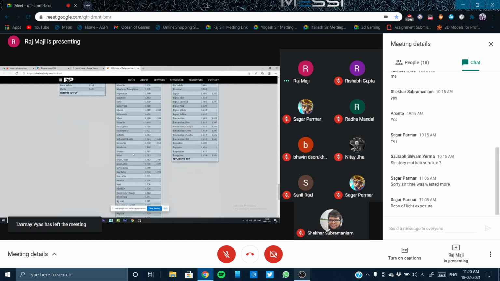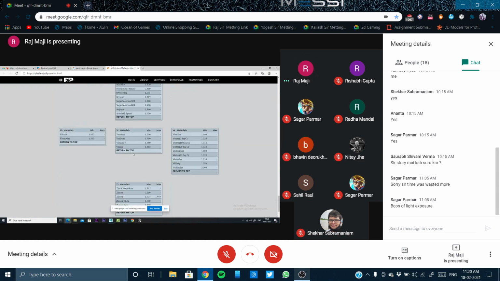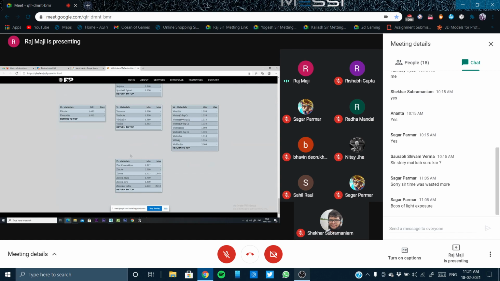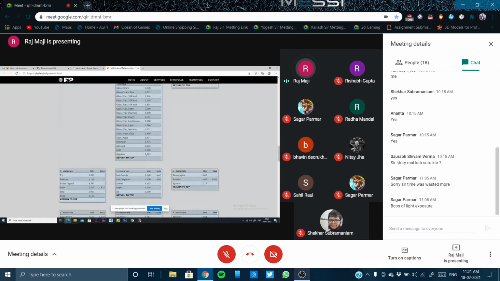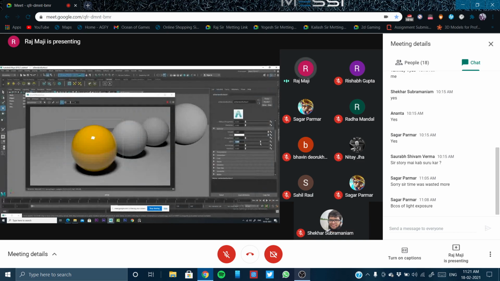Okay, so like this you will get the information from here. Zinc, so the entire list is there. You just Google it, you will get it. So that is basically IOR, and by default it is 1.5. In plastic we have seen it was 1.4, right? 1.4. Yeah, so this will look like plastic, but plastic roughness will not be 0, but a little bit more.